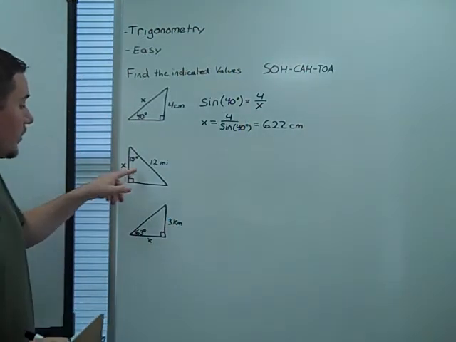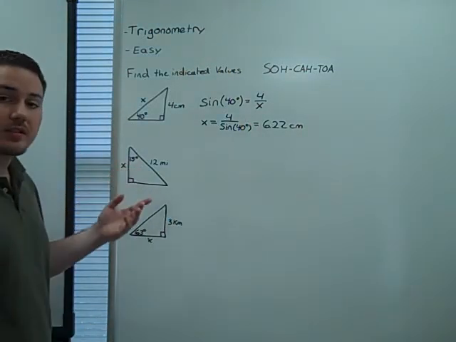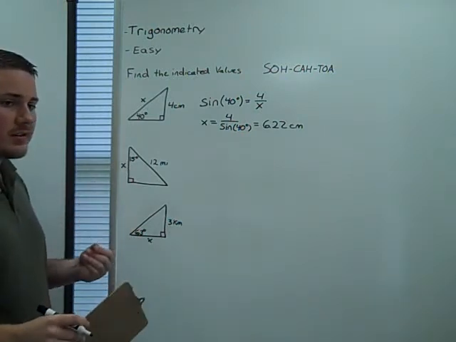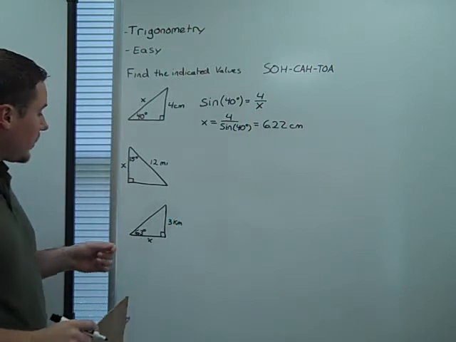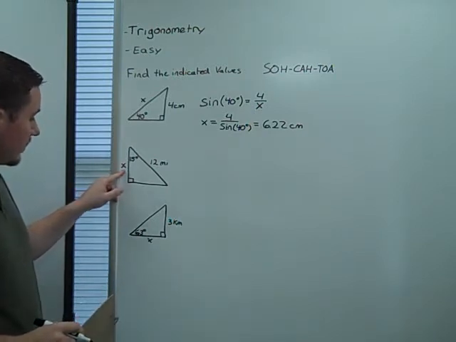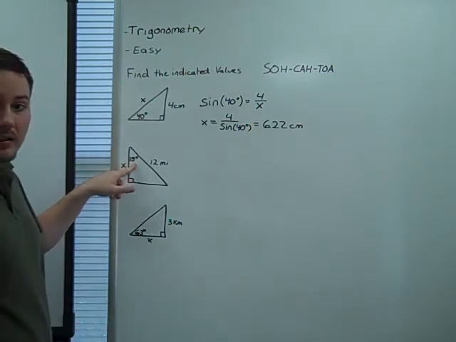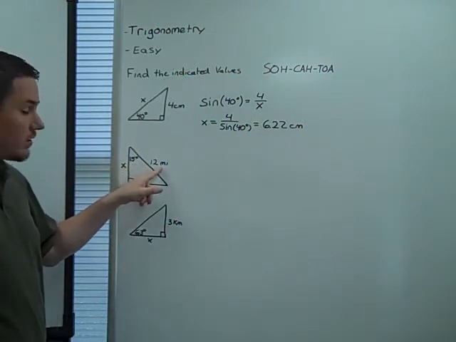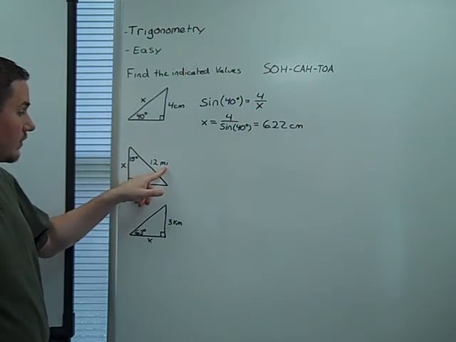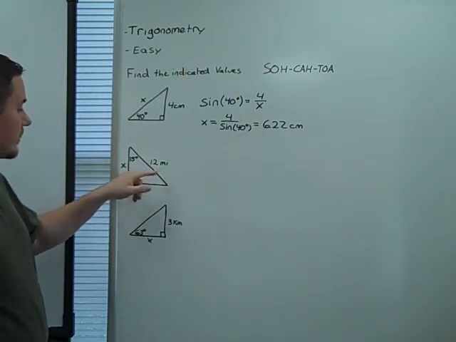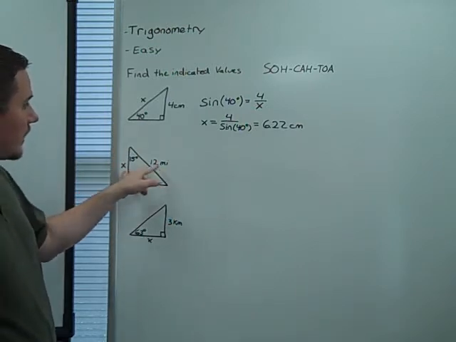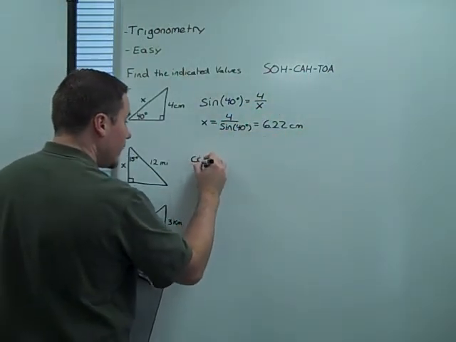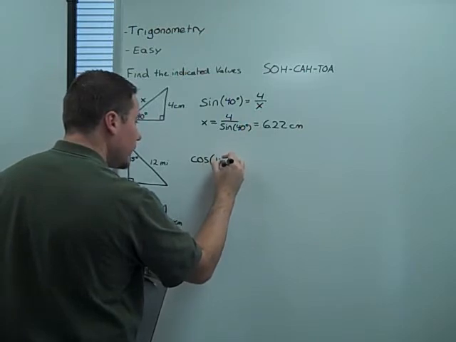For this next one, we have the angle in a different location. It doesn't change very much. We just have to think adjacent, opposite, hypotenuse. Well, x here is adjacent to the angle in question. So that's an A. And then hypotenuse is always opposite the right angle. Hypotenuse is 12 miles. So we have an A and an H. That's a cosine. So we have cosine of 15 degrees